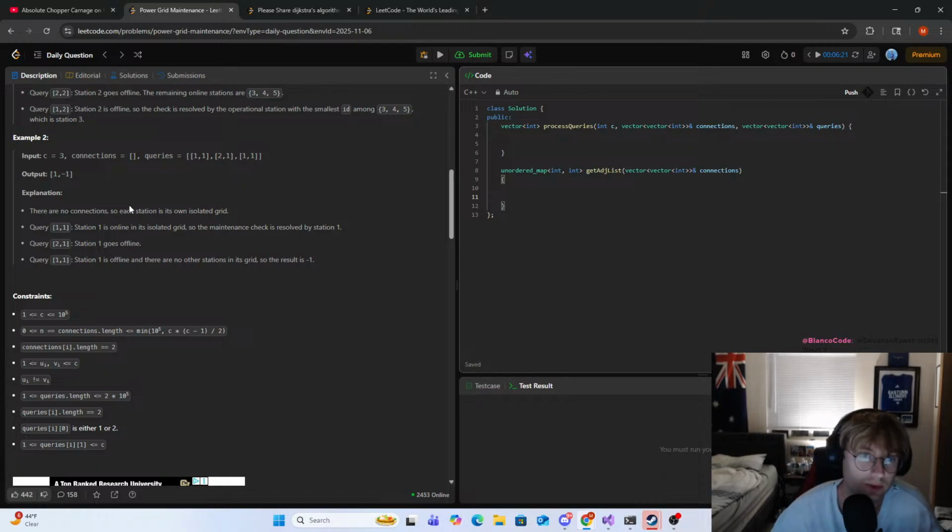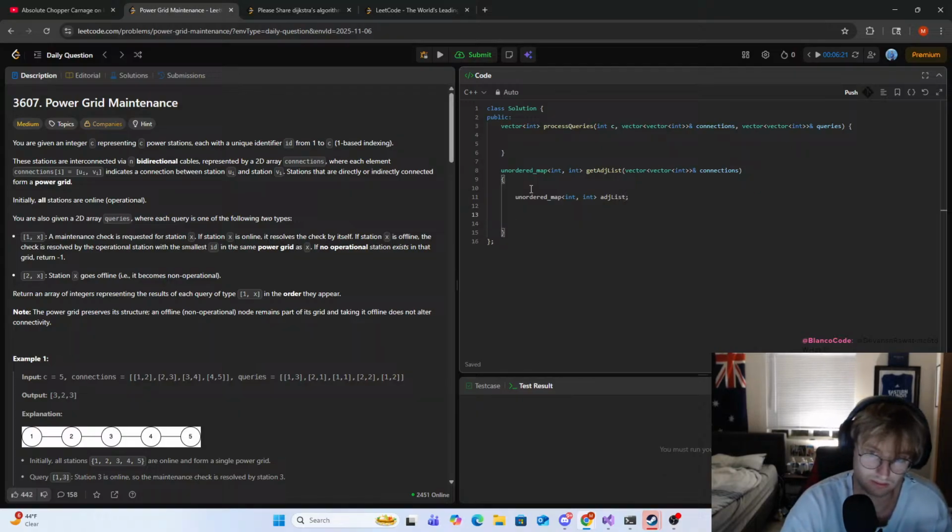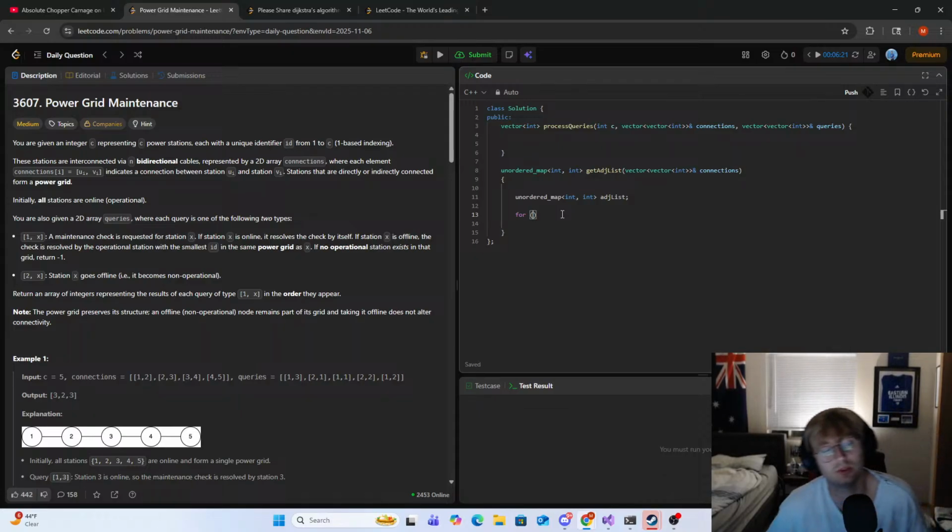Okay, so how exactly do we want to do this, right? We probably want to define some sort of unordered map here. So let's create an unordered map of integers, and we can call it our adjacency list, right? So let's loop through. How do we want to do this? I don't want my first key to be 0, right? I want to store this as, let's think about this, right? So we would go,